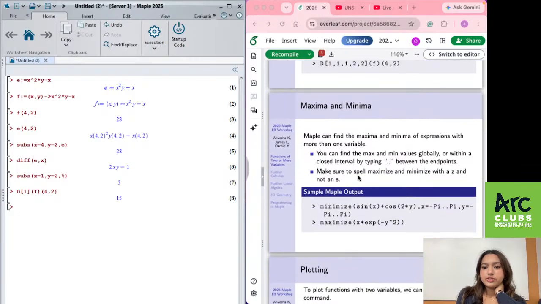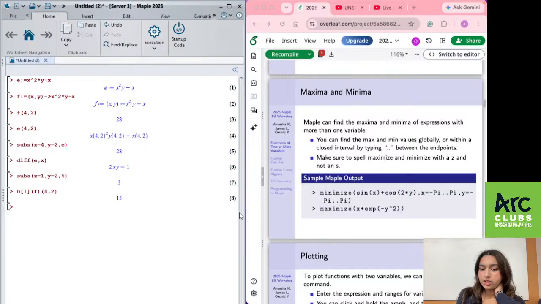You can also find the maxima and minima on Maple, and that's just using the maximize and minimize functions. Just keep in mind that you have to use a Z and not an S because it's American spelling. So, for example, if I want to minimize this function over here, so sine x plus cos 2y,